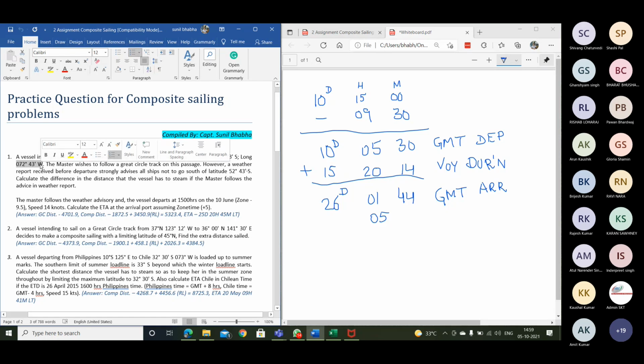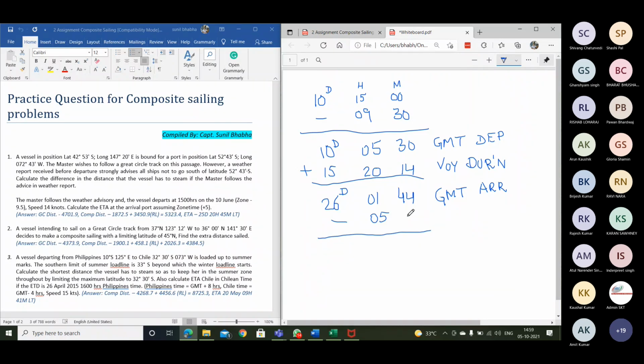Now longitude west, GMT best. So GMT has to be best. That means LMT has to be lesser. So the local time has to be lesser. So that is possible when I subtract this 5 hours from the GMT. So once I do that,